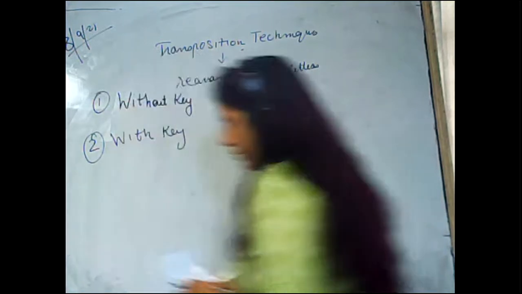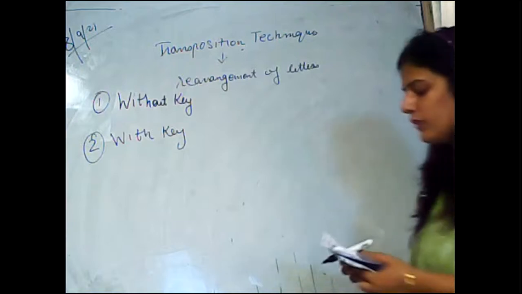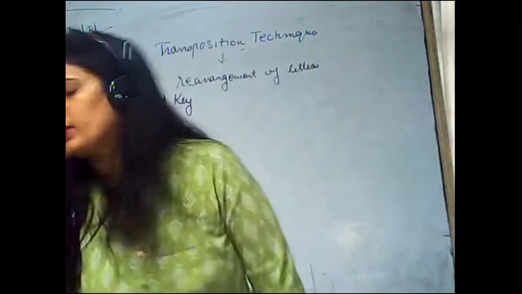Without key means we are not given any type of key here. We will discuss both the methods one by one. So in the without key method, let's suppose we have the plain text